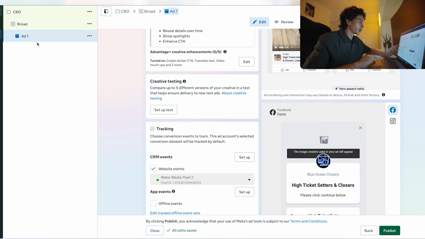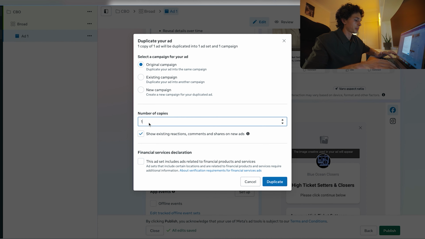So ad 1, what you want to do is just press on the 3 dots here, press on duplicate, and then for number of copies, just do the number of ads which you want to run. So let's say, for example, you're running 5 ads. Obviously the number of copies you would do is 4, because the original ad plus 4 more equals 5. Let's say you want to do 10 ads, you would do 9 copies, etc. So in our case, we're doing 7 ads here, so we're going to do 6 copies, press on duplicate,